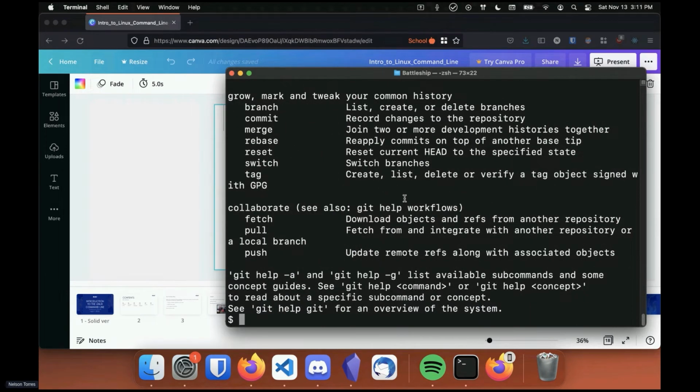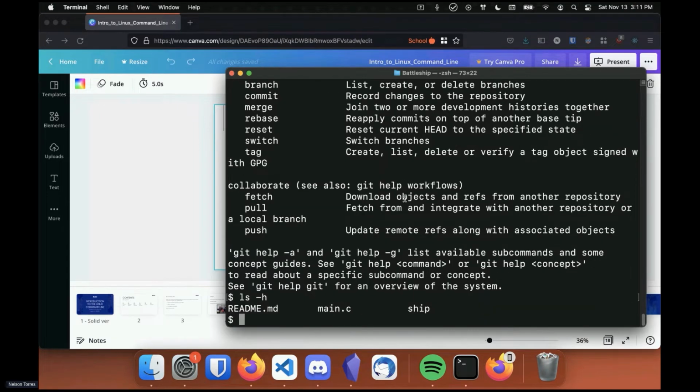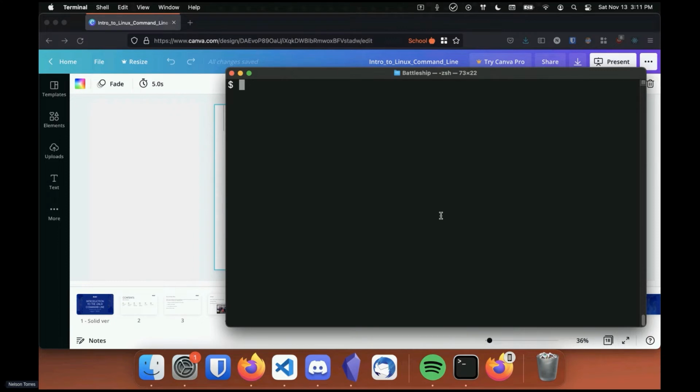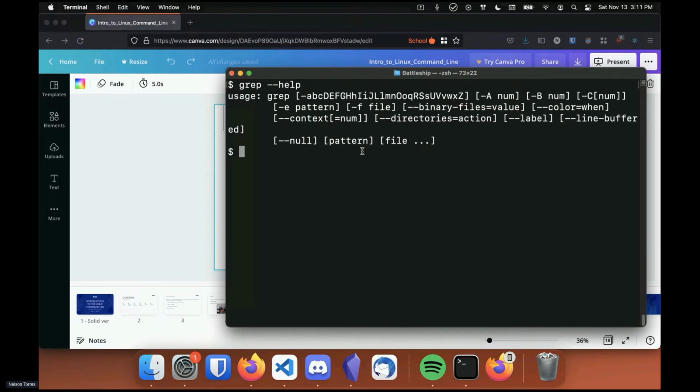Let's see a more simple one, maybe grep. That's also very complicated. But yeah, in general, you can do dash dash help to know the different things that you can use a command for. Now, when that is not helpful, for example, with grep, there's another command that you can use called man. Man is a manual. Basically, most commands have a manual associated with them. So if you do man space grep, here you can see a huge manual for how to use grep,